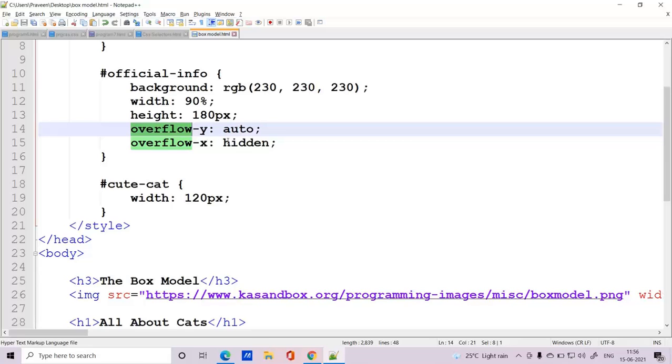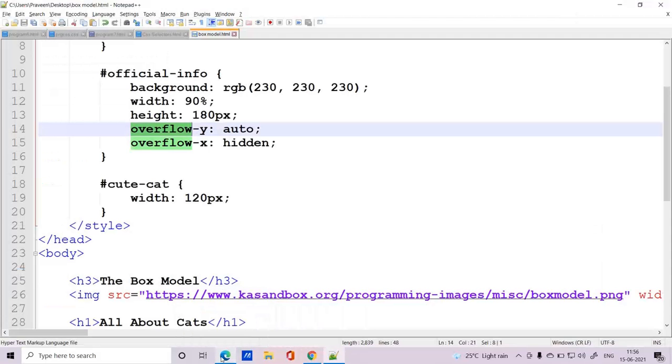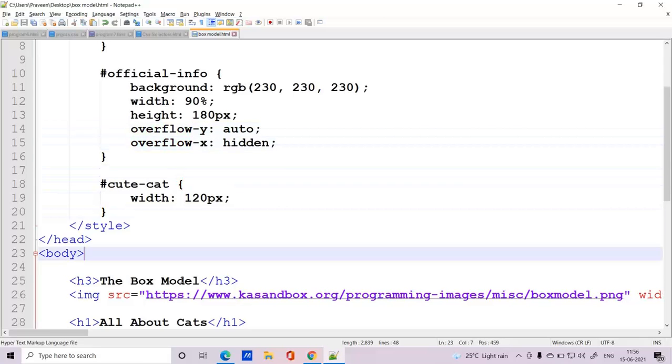So this is the property that we're using when you come across content like x-axis and y-axis values, and whether it can overlap or not. Those kinds of information will be specified by these properties. Okay, at last we have mentioned read more on Wikipedia. That is just a web link. So you can see that link here.